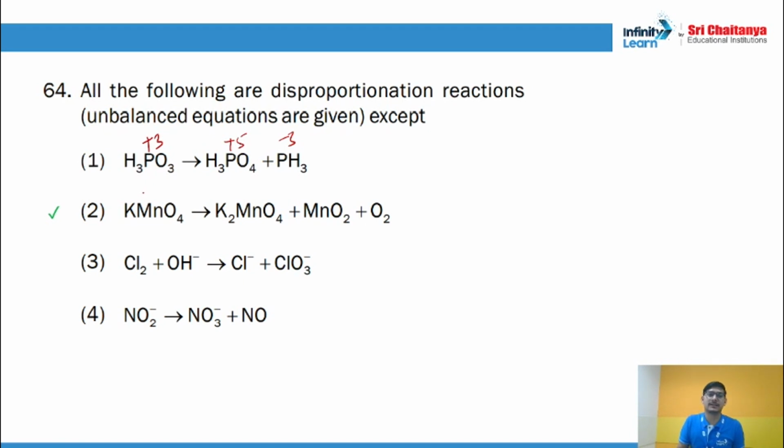Okay. But here in this case, you will notice that the oxidation state of manganese is 7. Now, KMnO4 is an oxidizing agent. It cannot act as a reducing agent because it is already in its highest oxidation state. So that way it is clear, but also we can verify. Okay, here it is +6 and here it is +4. In both the species, manganese is undergoing reduction. Okay, so rest you can check out. Rest are disproportionation. So second becomes our correct answer.